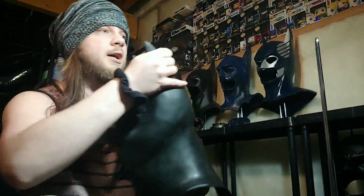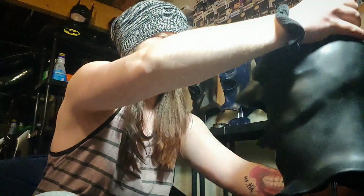I'm going to do a little bit of a comparison here in a second so you can see the Dark Knight cowl compared to the Batman Begins cowl. I really, really like this thing. The Batman Begins cowl is a really, really cool looking cowl. And I do prefer the Batman Begins